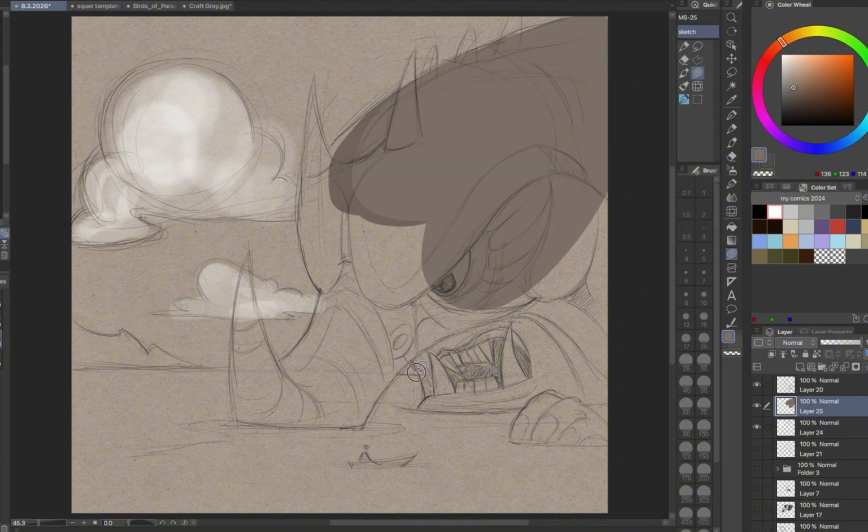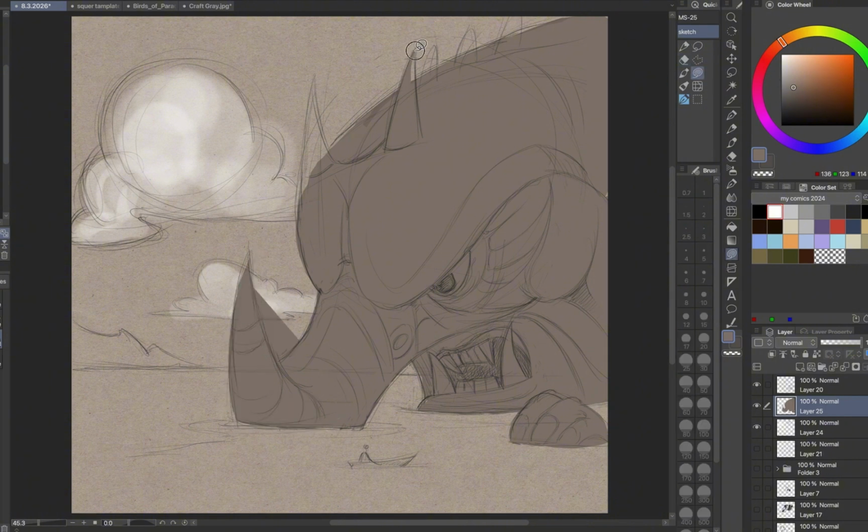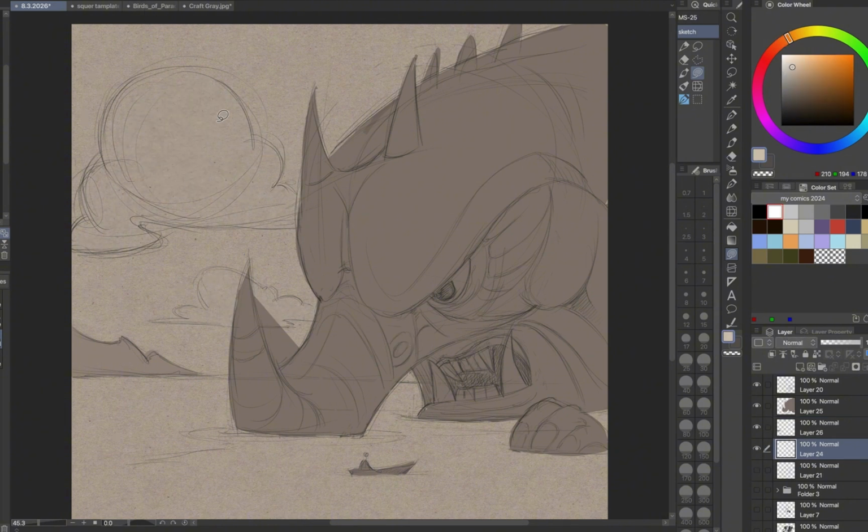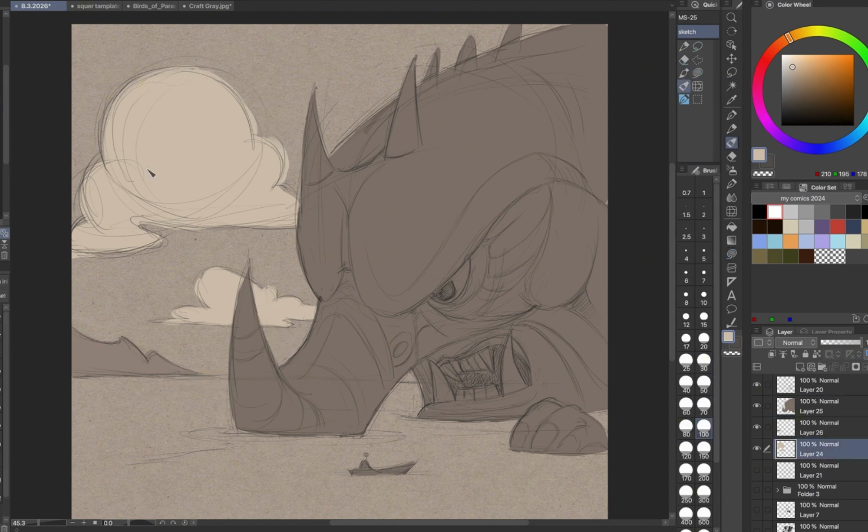I block colors of this creature for a clipping mask, and in the clipping mask I will add shadows and lights a little bit further. So you can see here in this stage I defined this creature and the boat with somebody. It is my foreground. The mountain is the midground, and the clouds are kind of the background of my whole composition. And after that, after cleaning